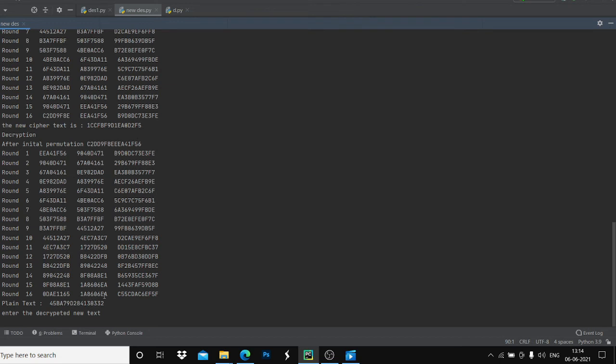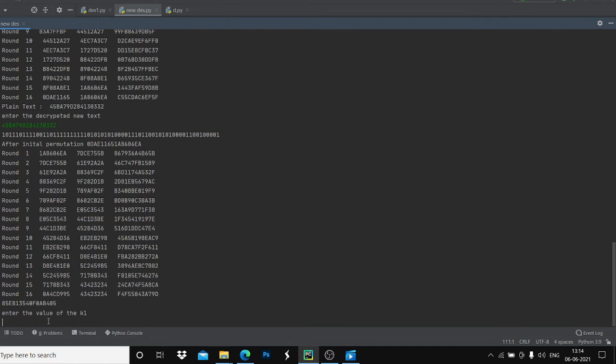In the first decryption process, this new ciphertext is decrypted and we got this plain text. Now we'll enter the same plain text here to encrypt with K2. We're entering the text.